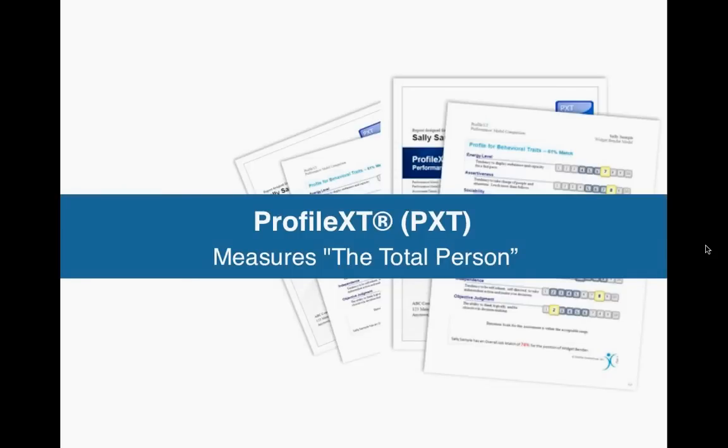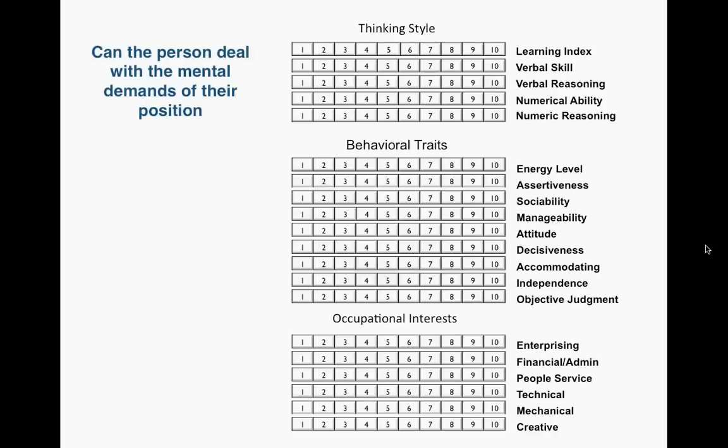Now, if you are able to identify and use a tool to answer these three questions, I would like to share with you one tool that could do this very accurately, which is one of our flagship products, the ProfileXT. The ProfileXT collects the sort of information that measures the total person you need to have before you put anyone into any job, and it does this in a very efficient manner. The prospective person simply completes an online questionnaire that consists of a series of questions specifically designed to assess and analyze the attributes of your top performers in a specific job.